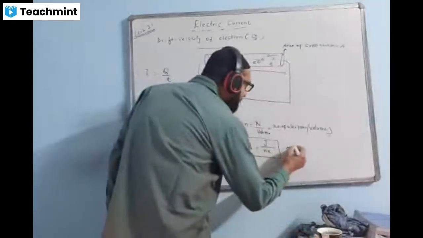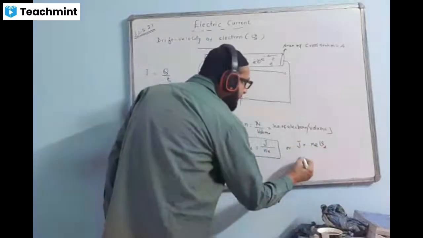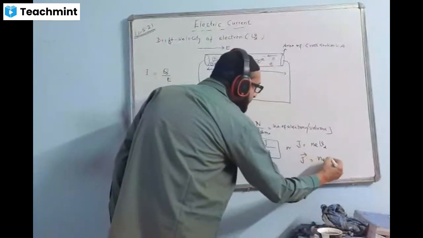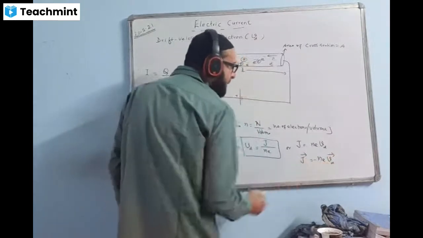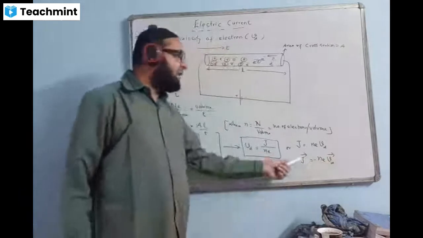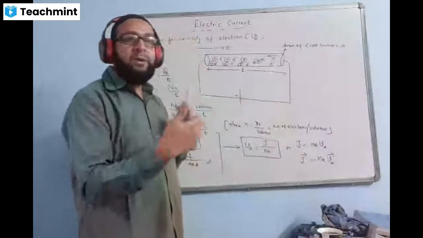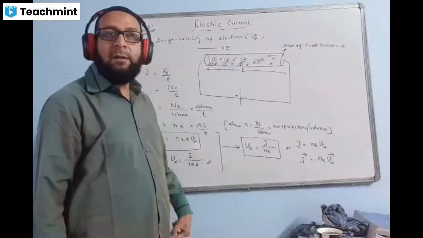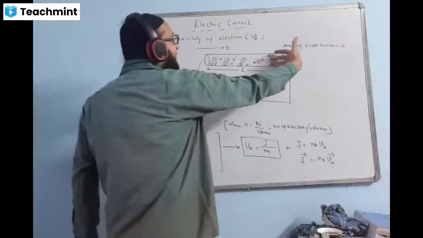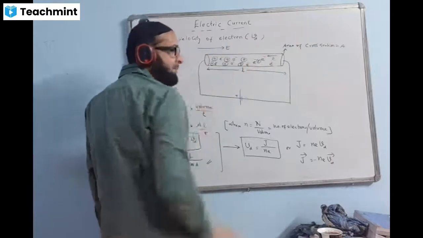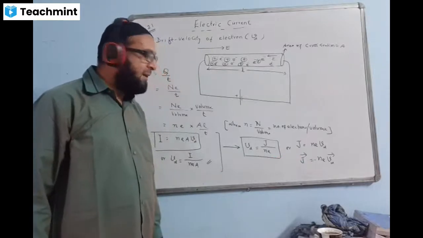Or we can write this equation also as J is equal to NEVd, like this. In vector form, we write as J equal to NEVd, like this. Velocity is a vector, J also a vector, but we have to put a minus sign because the direction of J is the direction of current, and velocity of the electrons and current move in opposite directions. We always assume that the current is flowing opposite to the direction of flow of electrons. Electrons are drifting in this direction, whereas current is flowing like this. Opposite. That's why we put a minus sign. So in vector form, we write like this: J is equal to minus NEVd.